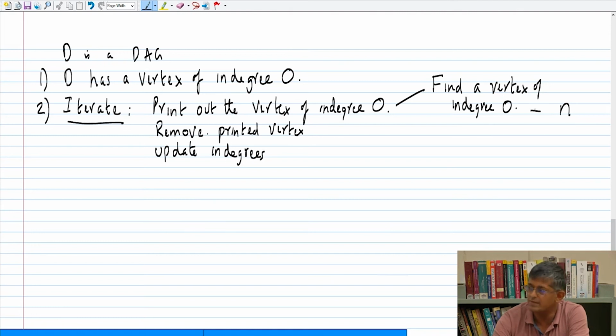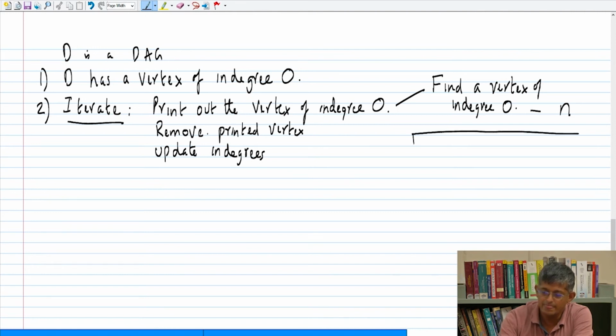So in other words, this step is a very expensive step, just finding the vertex of in degree 0. Now you have to remove it. So if you maintain an array, and you are going to remove this vertex of in degree 0, then what should you do? Here is quite a complicated step. You have to somehow mark that this vertex should not be considered again. So let us say that we do this by putting a -1 there, and